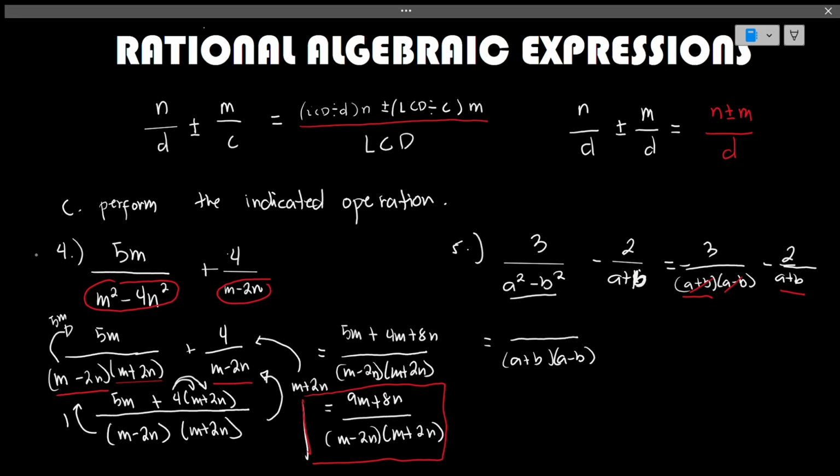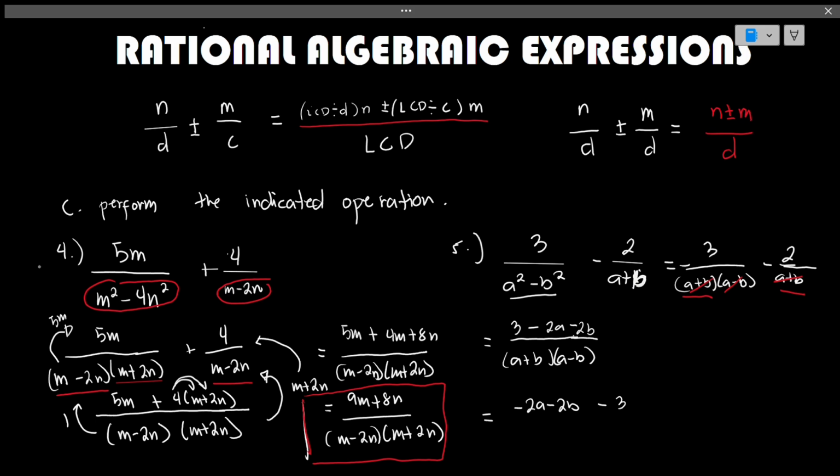So we have our first numerator, which is 3, minus the a plus b times a minus b divided by a plus b, which is your second denominator. So we can cancel this, bring down a plus b. So a plus b times negative 2, so negative 2 times a is negative 2a minus 2b. Okay? And the next step that we need to do is to rewrite your equation. We have negative 2a minus 2b